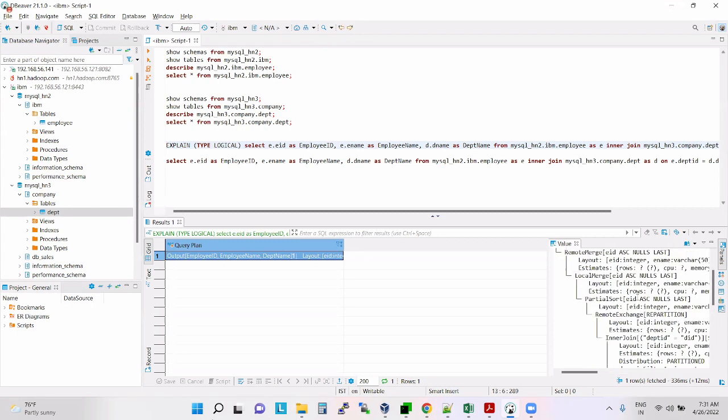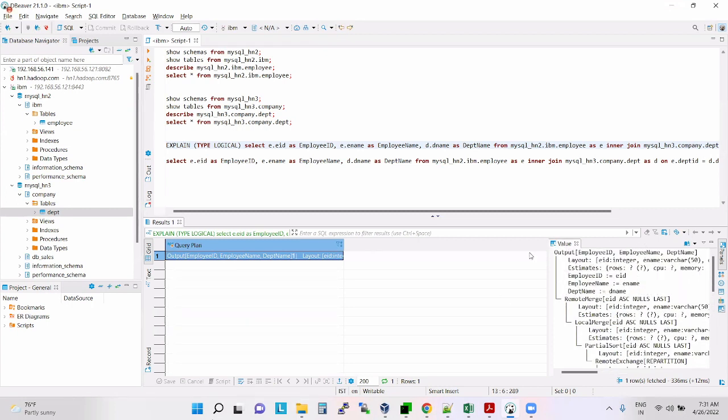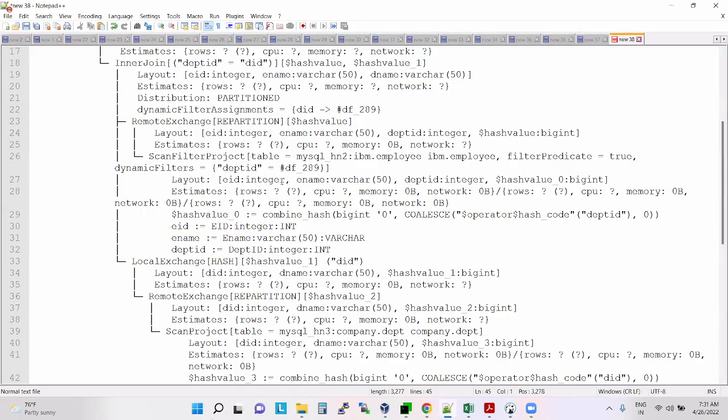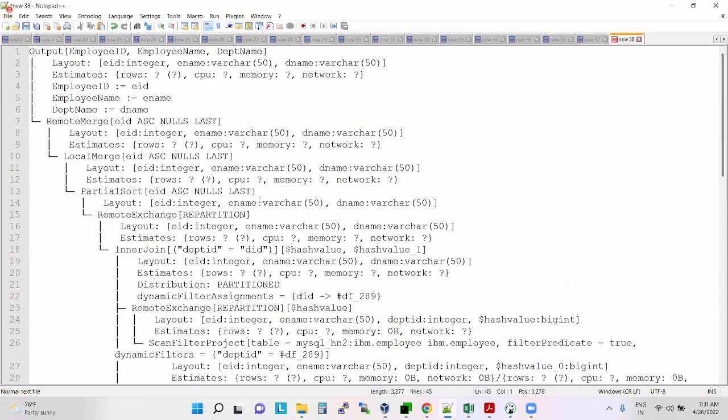Okay, it's given a query plan actually. So this is the query plan. The expected output is employee ID, employee name, and department name. The employee ID is coming from the original column name ID, employee name equal to E name, department